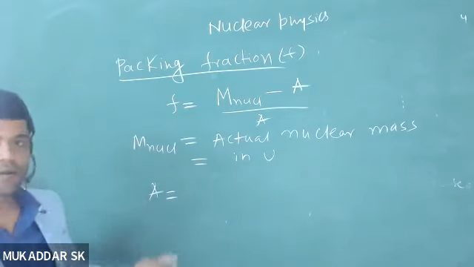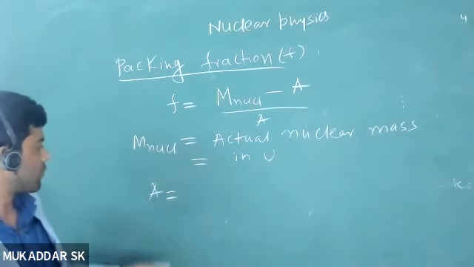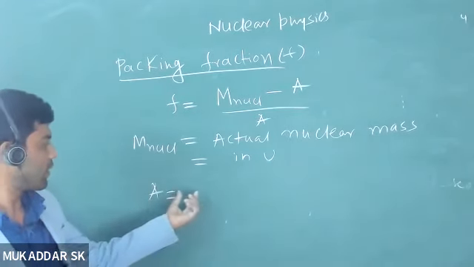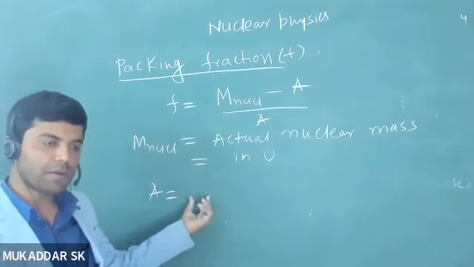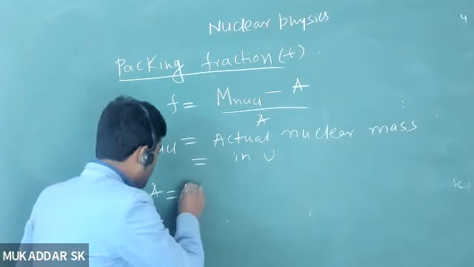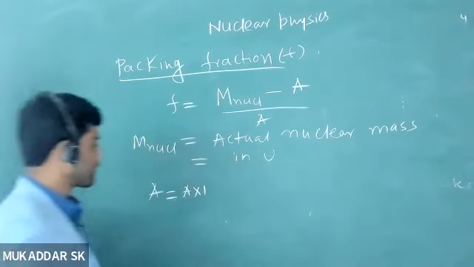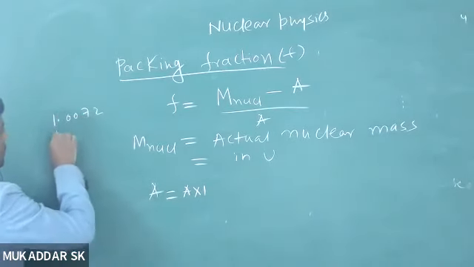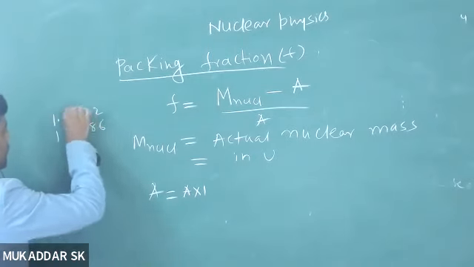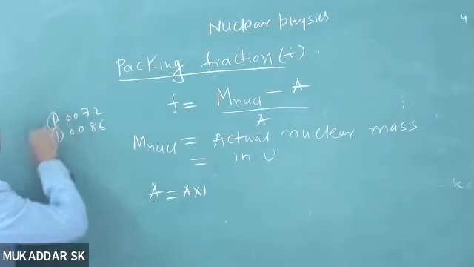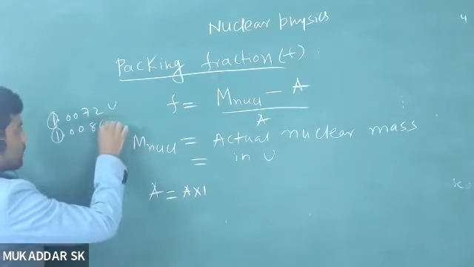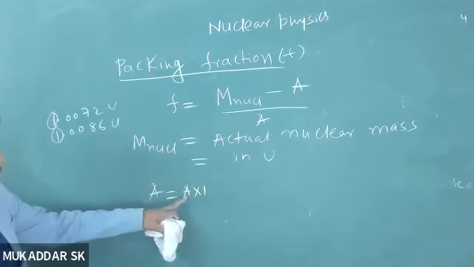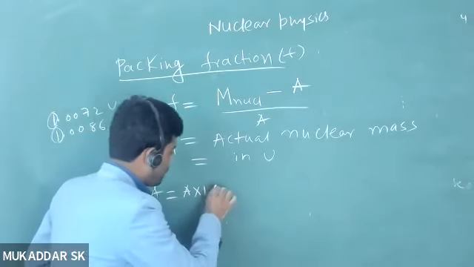What should be the unit of A? Atomic mass unit, right? According to the basic rule. So have a nucleon having mass number A. So A in terms of atomic mass unit should be how much? What is the mass of each nucleon? Around 1, right? For a proton it is 1.0072, for a neutron 1.0086. So the mass of each nucleon is around 1 atomic mass unit. So if you express that atomic mass number in terms of atomic mass unit, you just have the number of nucleons multiplied by 1, and that will give you